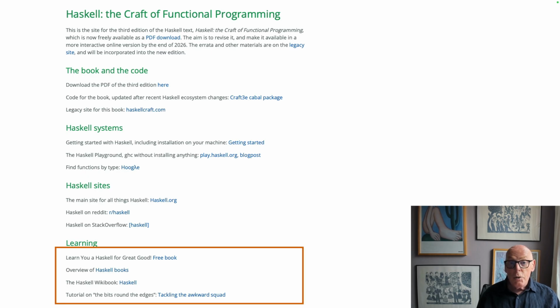And then finally, a tutorial about some of the things which have been called the awkward squad, the things like IO, state, exceptions and so on, that are not so easy or not so straightforward to handle in a pure functional language like Haskell. But that tutorial gives you a unified overview of those things. And that's a resource that we'll come back to later in